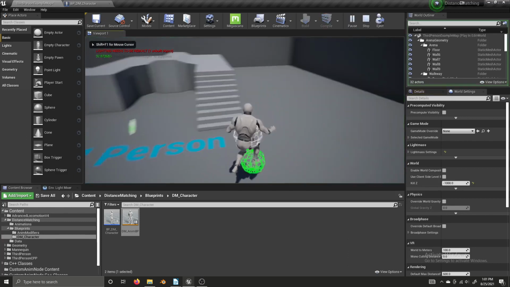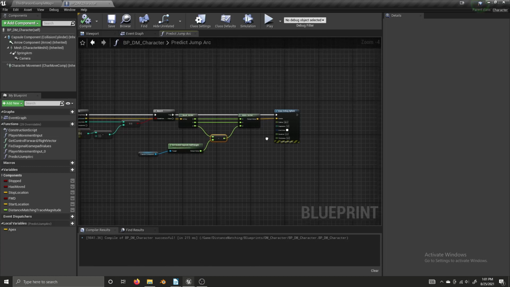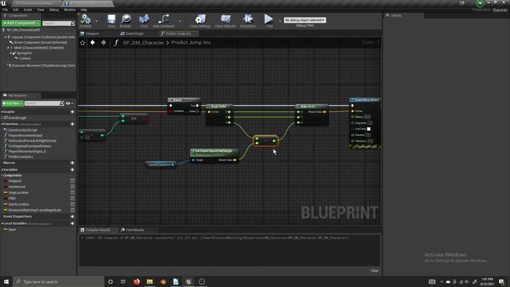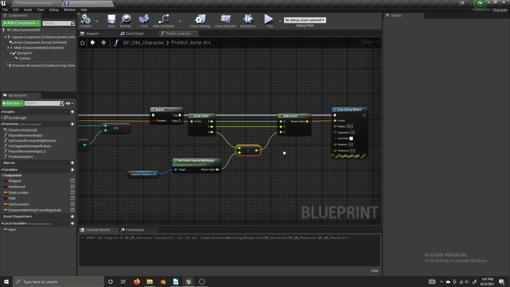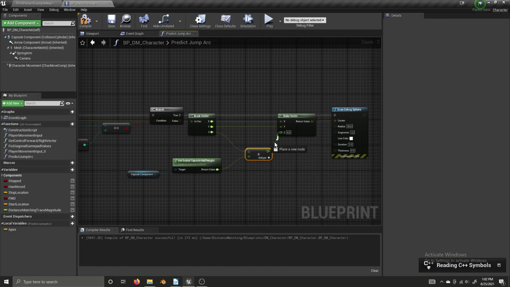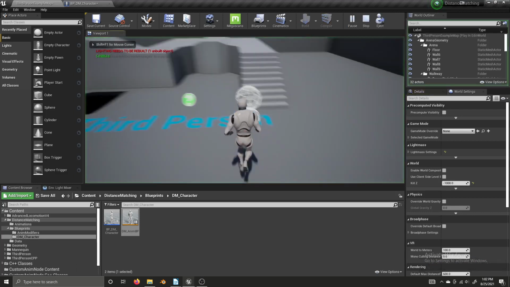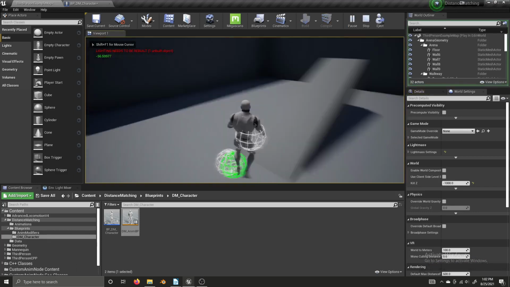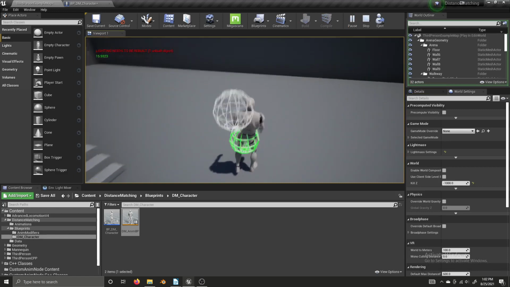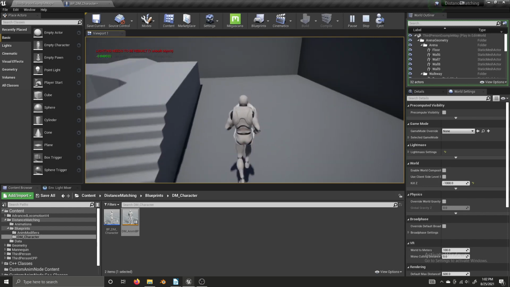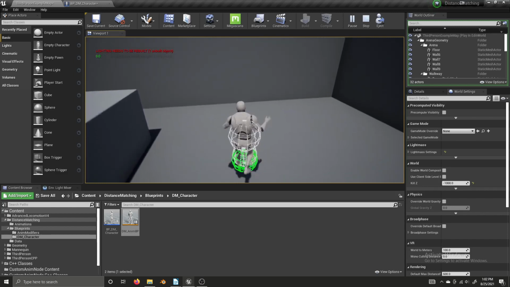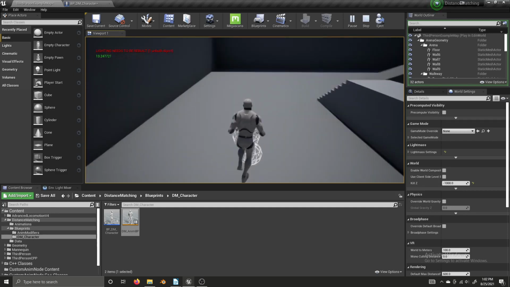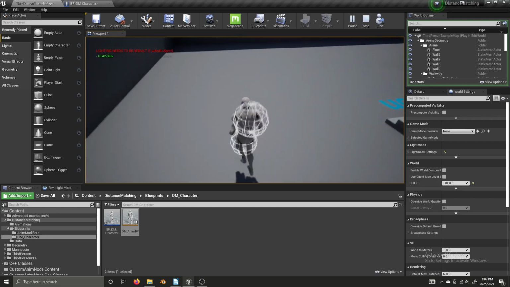Now, something isn't right. It is not printing our... Oh. It's not going to be the difference. We're going to be adding these together, not subtracting them. My mistake. So now we're drawing a sphere at our apex and at our landing position, which means that we have a location for our apex and landing position, which means we can compare the position of our character to the apex and landing location to then get our